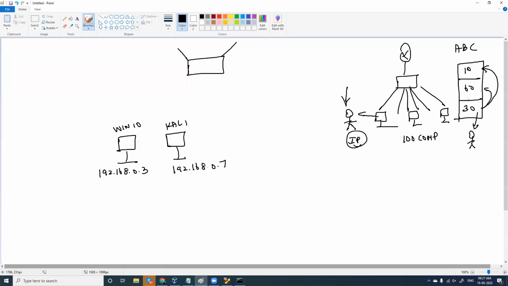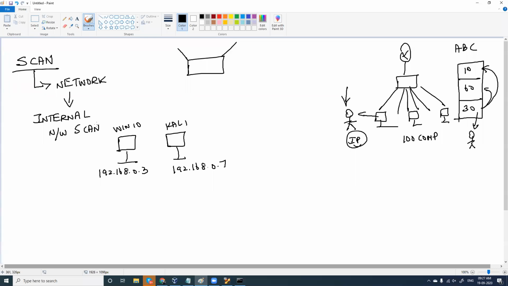So what we do, we are going to perform the first objective here. We are going to perform a scan. And what scan is this? This is a network scan. You're going to scan your network, and this is going to be an internal network scan. This is the internal network scan which you are going to do.